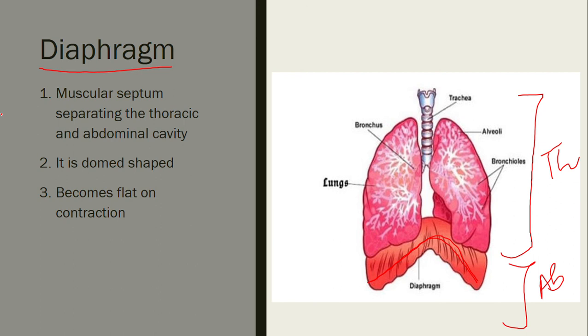So here we summarize what we have studied today. What is the need for respiration? What is the formula? What is the complete equation which describes respiration, along with its definition? And then we see the different organs of respiration in different phyla and classes leading to the human respiratory system. And in the human respiratory system, we have dealt with each of the parts, starting from the nose up to the diaphragm. In the next video, we'll be studying the mechanism of